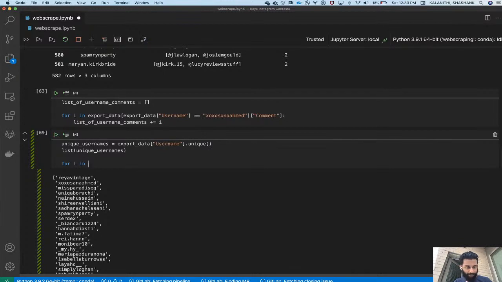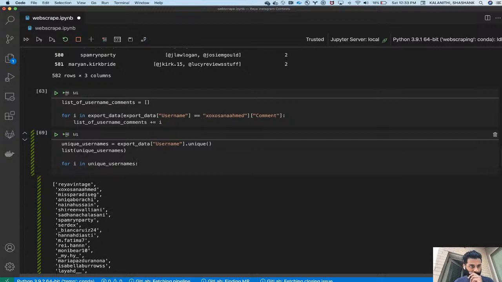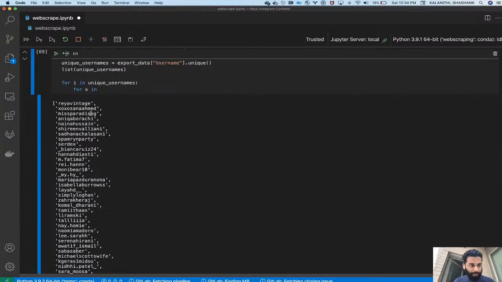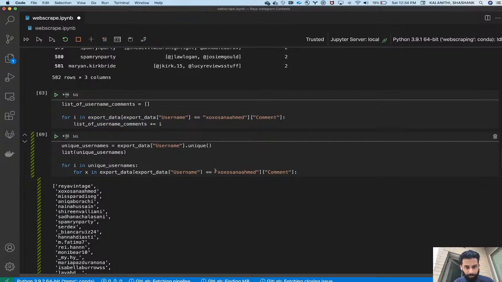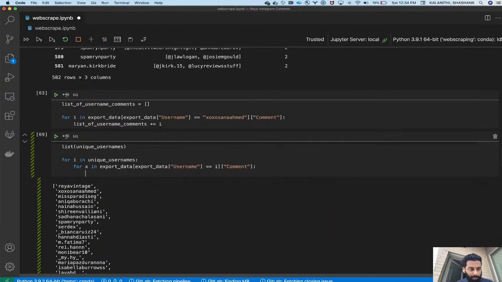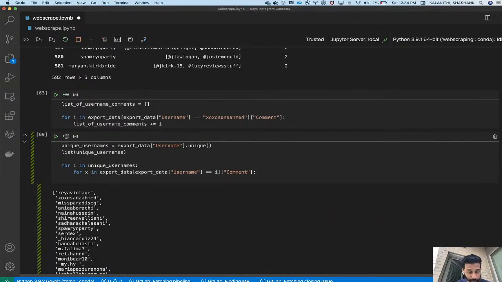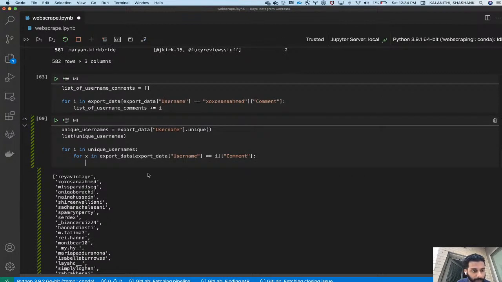So for i in unique usernames, for x in, and this is how we filter per username. For i in unique usernames, for x in export data username comment. Okay, so now we're at this step over here. List of username. So what we need to do is we need to,